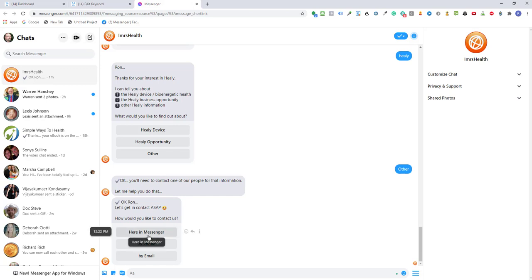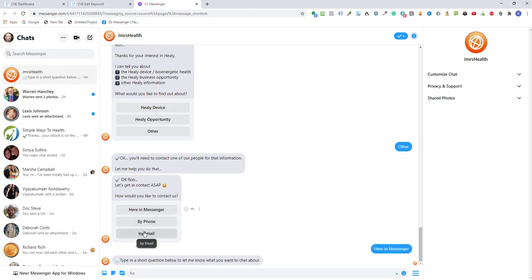So now it starts running that automated flow that we've set up for you about contact us. And it says, okay, Ron, let's get in contact as soon as possible. How would you like to contact us? And one option is here in Messenger, one is by phone, and one is by email. Okay, let's do here in Messenger. Okay, it says type in a short question below to let me know what you want to chat about. Okay, and I'll just say here, this is an example